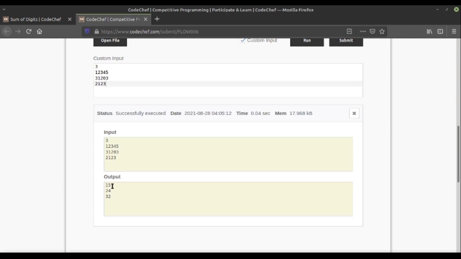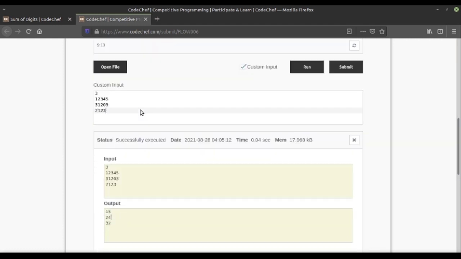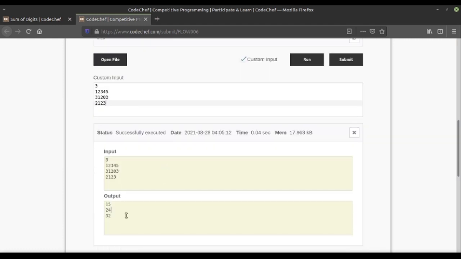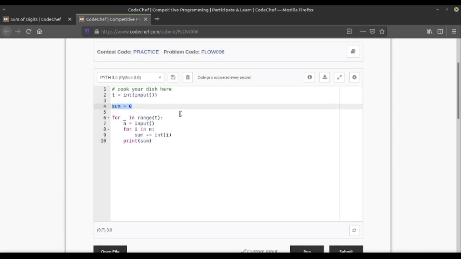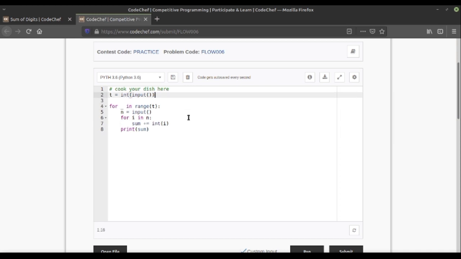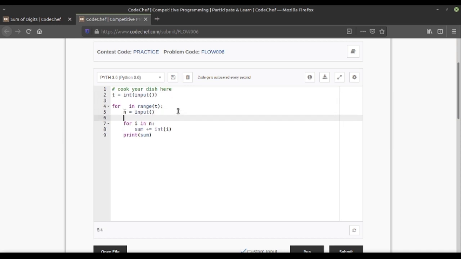So here we have got an issue: we are taking the sum value as it is. 15 is carried to the next loop iteration. We are not clearing the value of sum, so we have to take this inside our for loop, so that for each iteration the sum value again becomes 0 and starts with 0.